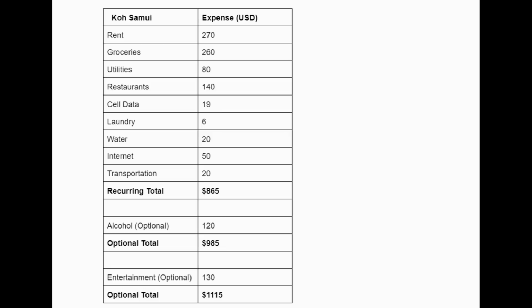Rent in Koh Samui, $270. Groceries, $260. Utilities for $80. Restaurants for $140. Cell data, $19. Laundry, $6. Water, $20. Internet, $50. Transportation, $20. For a recurring total of